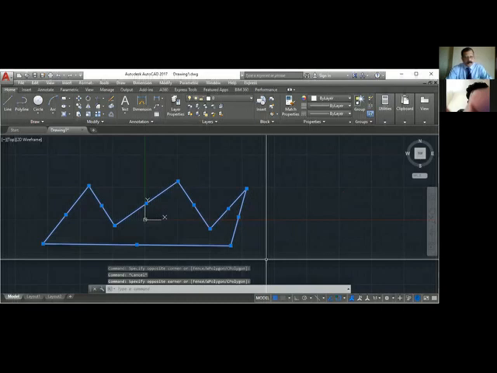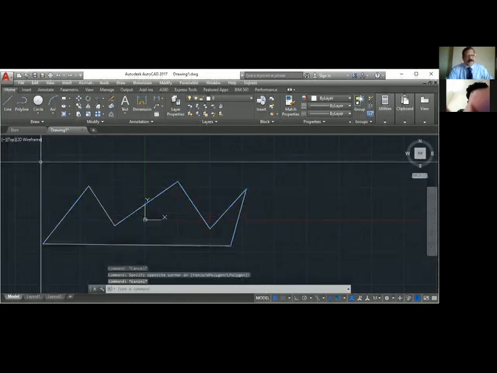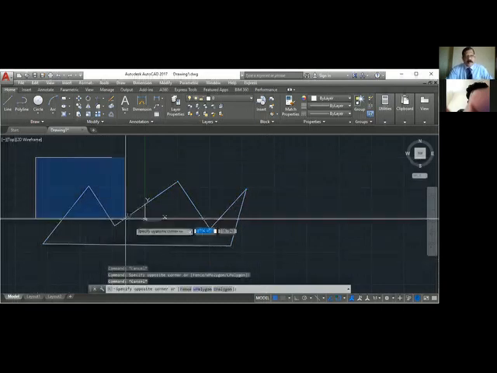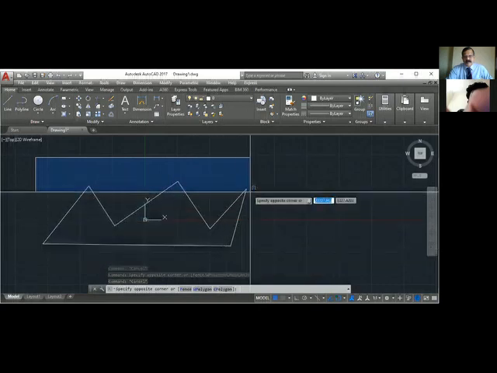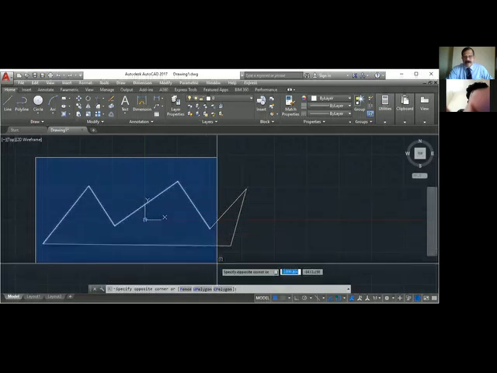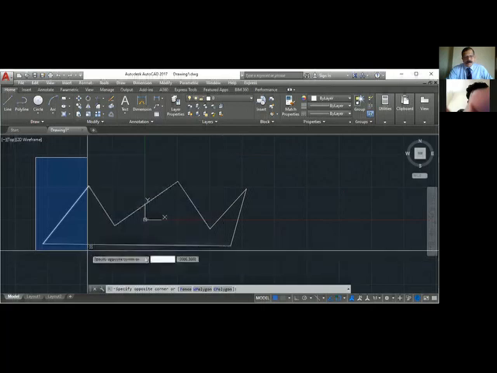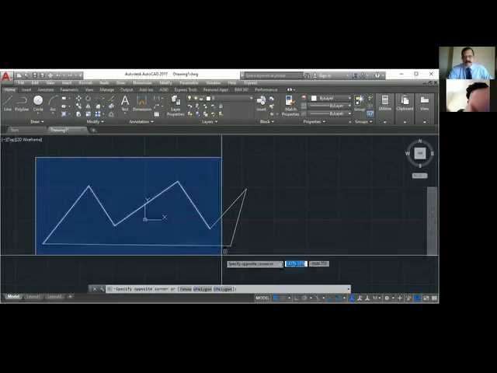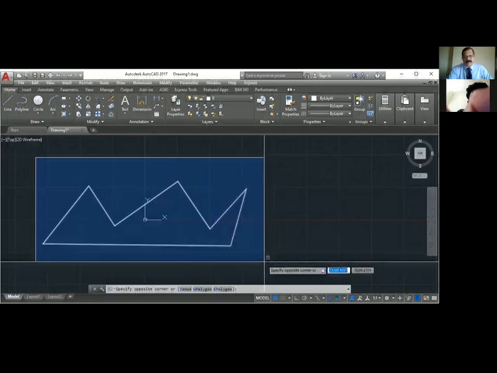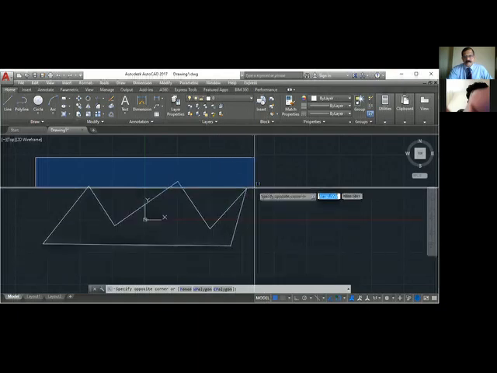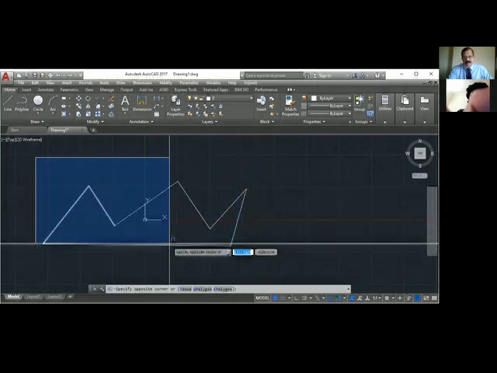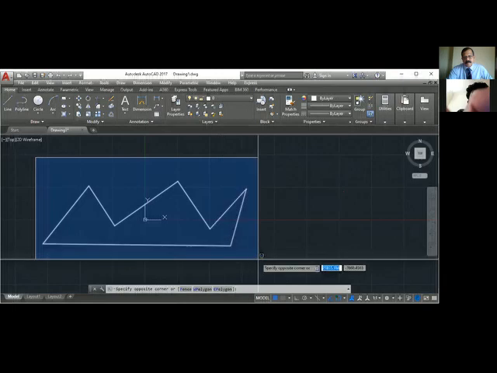When you show the window, you can see that this line is only half selected, and this bottom line is also half selected, so that will not be selected. When you show a window from top to bottom, the object should be fully inside. Suppose I click here, this line and this line will not be selected.